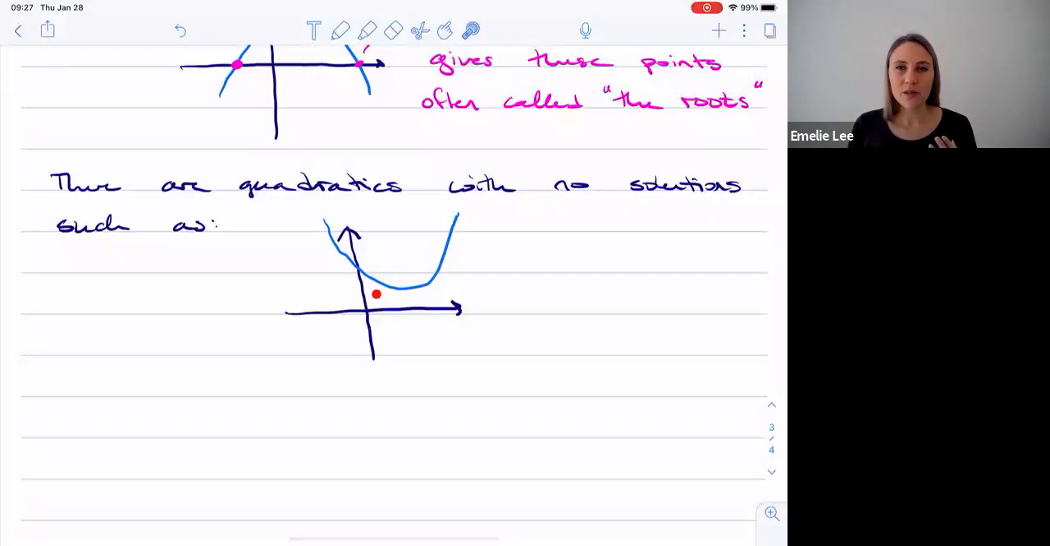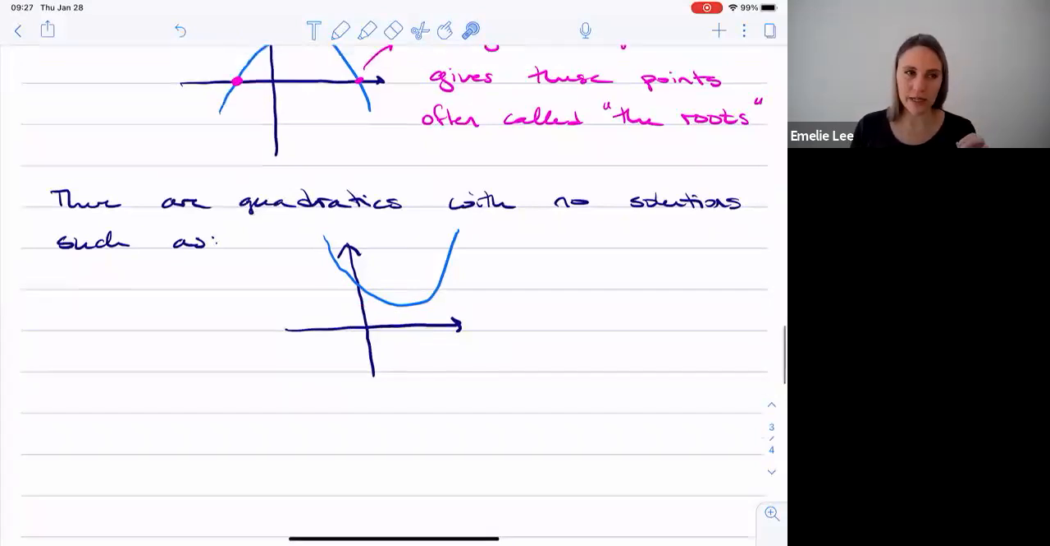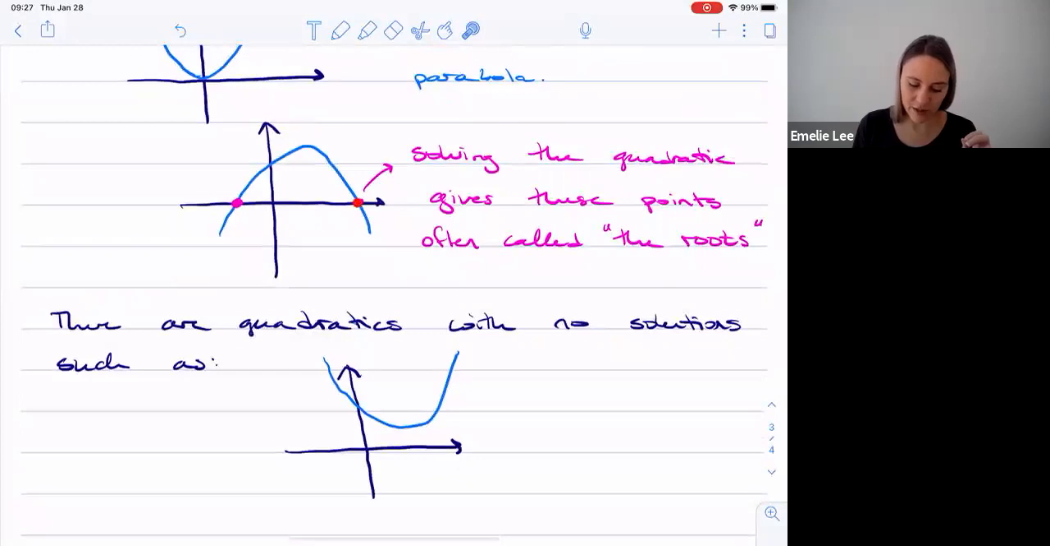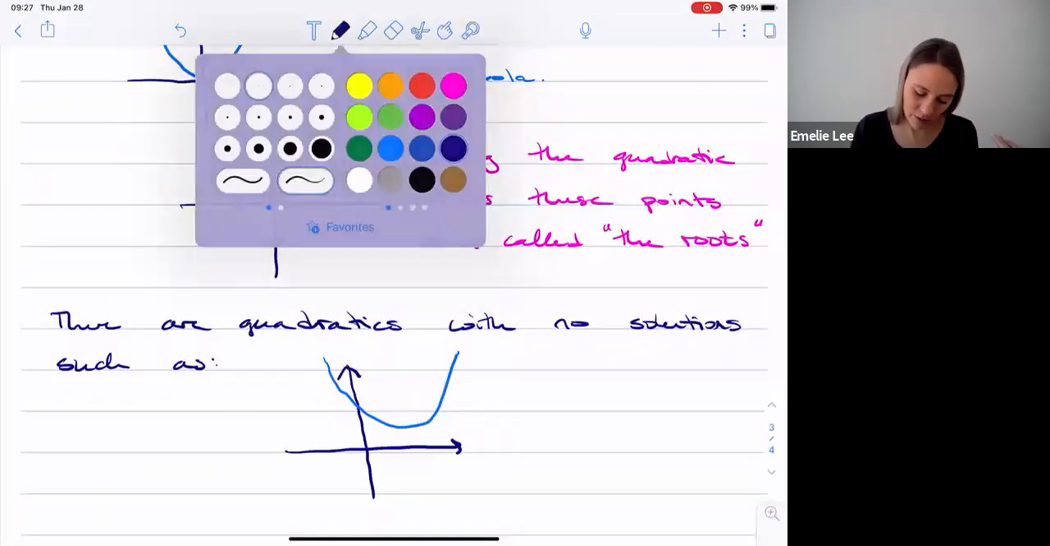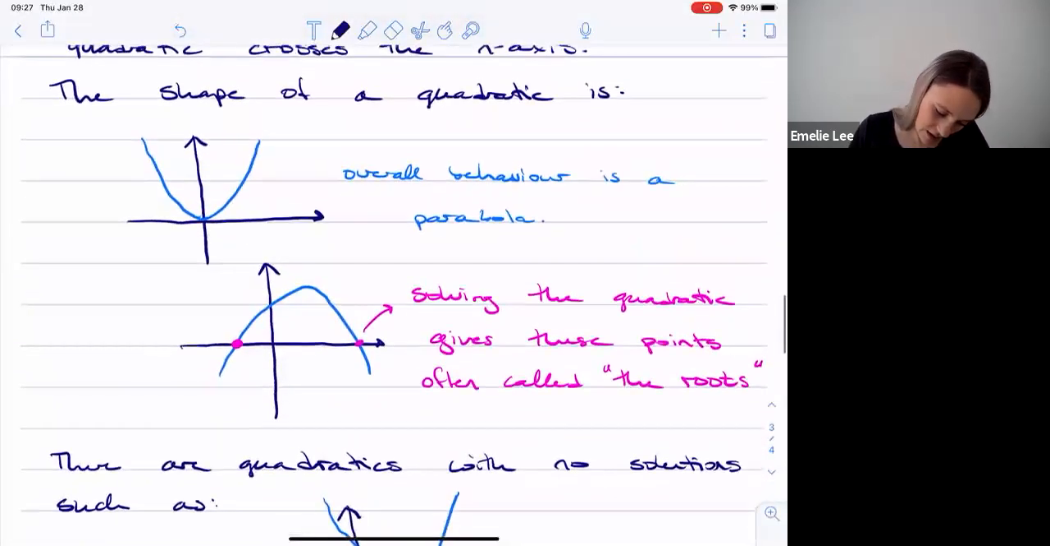All right, so the formula for solving a quadratic, the formula for finding these roots, is the quadratic formula. So to solve quadratic equations,